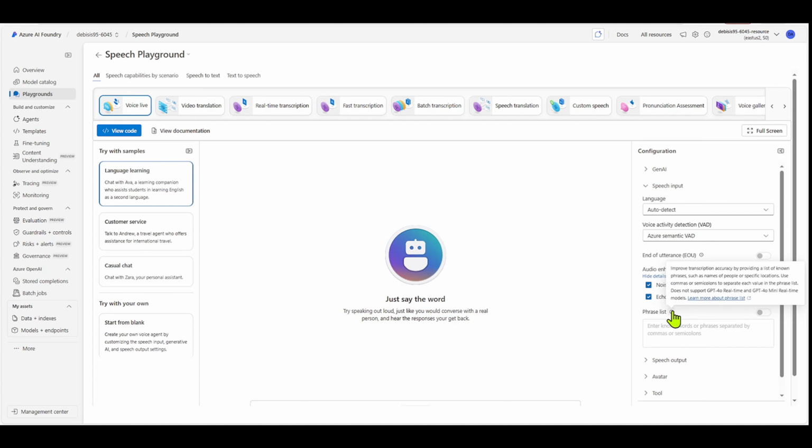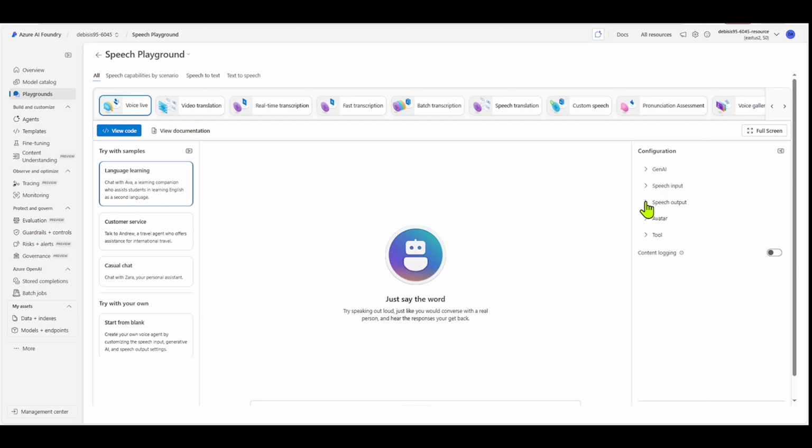And then there's the phrase list, which we talked about. This is where you can provide a list of phrases, maybe names of people or specific locations, and it will help these words to be recognized more accurately. Okay, so that's the input. And then if you look at the output,